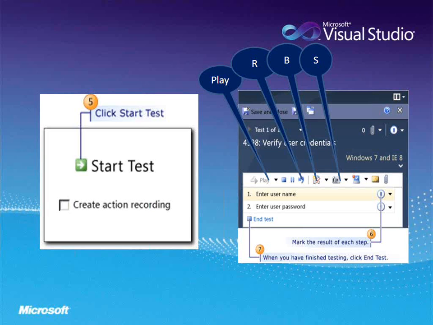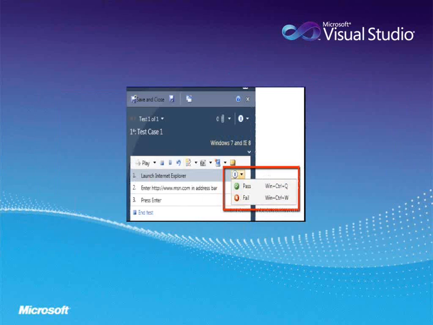Then finally, you have to save and close that particular test runner window. These are the options you get when you select launch Internet Explorer. We can select pass or fail manually, so that is why it is called a manual test runner.